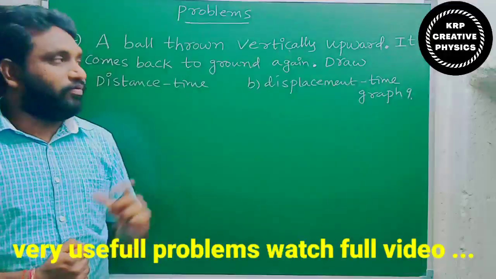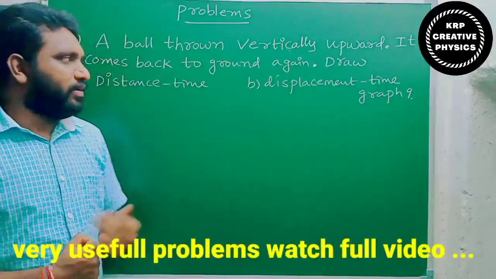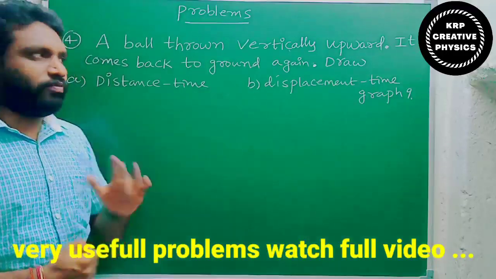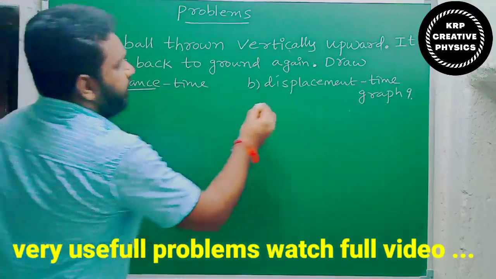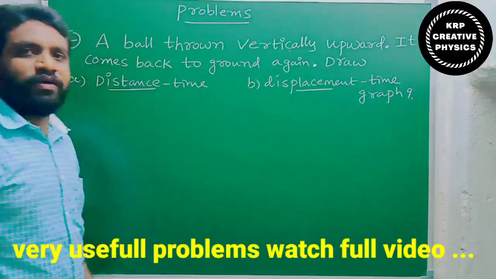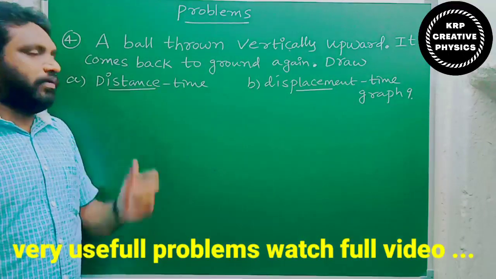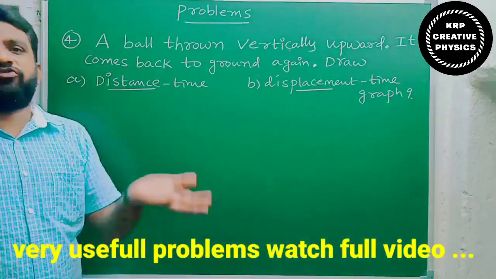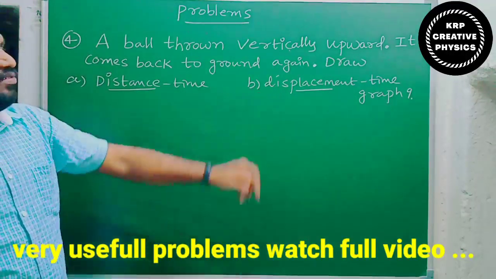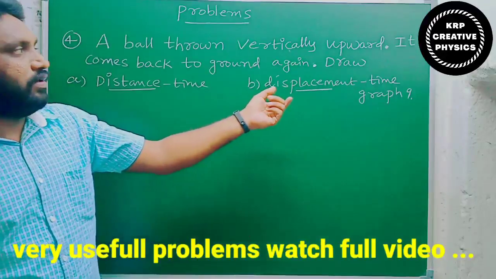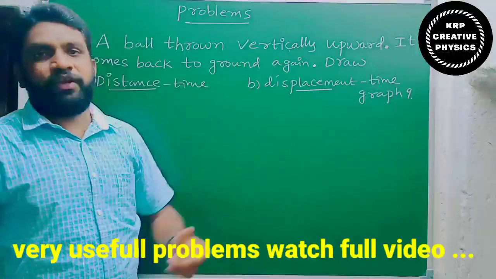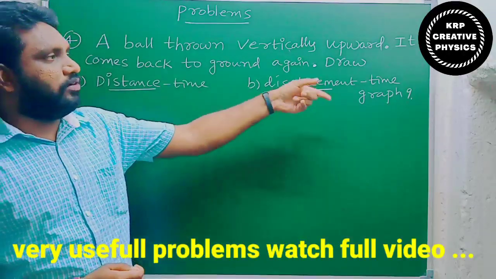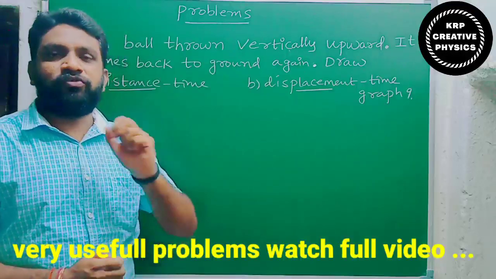So you have one doubt now, I think, in your mind. Distance time graph, displacement time graph. Yes, some difference is there. Why? Because distance is a scalar, displacement is a vector. If we consider distance time graph, always it is positive, so we only take the positive axis. But displacement is a vector quantity, so it may become negative. You know that very well. So when we draw the displacement time graph, we have to consider the negative axis also. That's what you should keep in your mind.